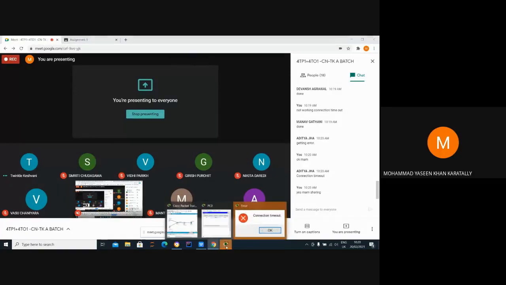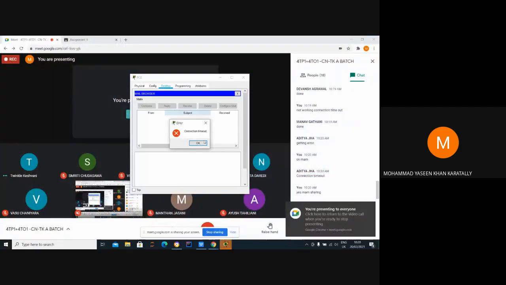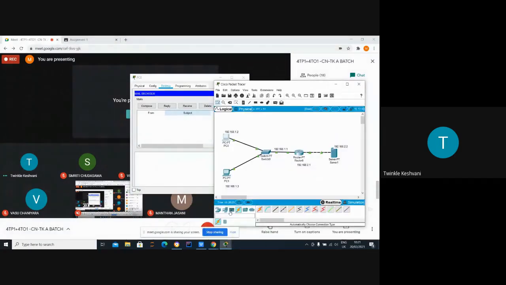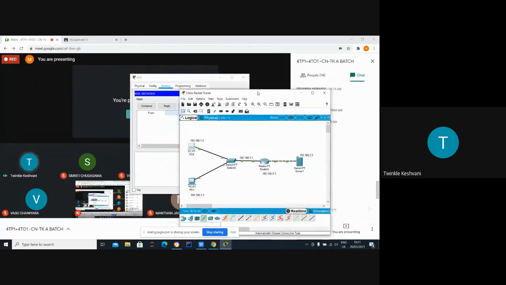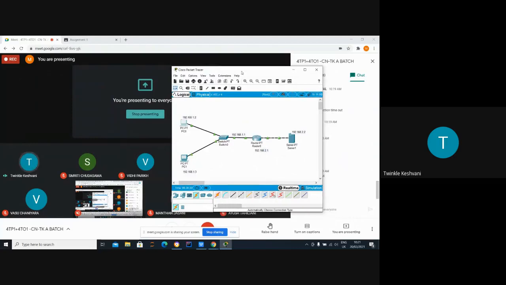Ma'am, is it visible? Yes, it's visible. I'm getting this error, ma'am. Okay, open the Cisco Packet Tracer. Close the tab which is behind, the PC0 tab. Yes, close. Okay, maximize this tab.